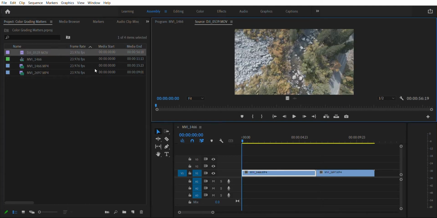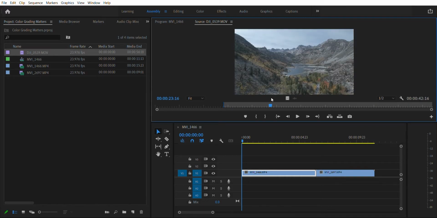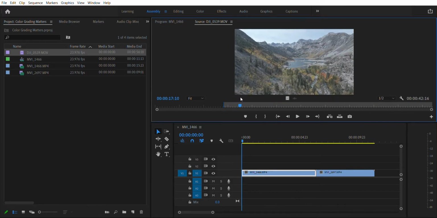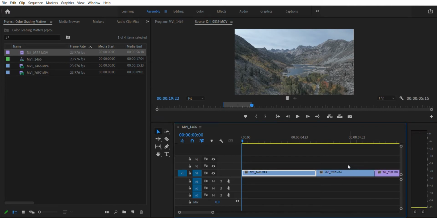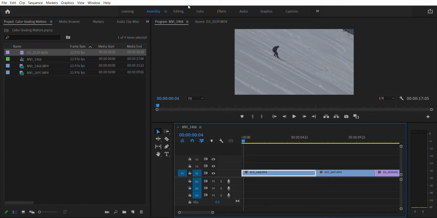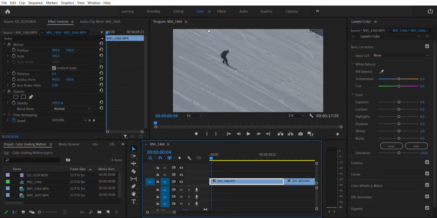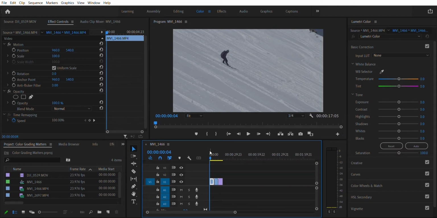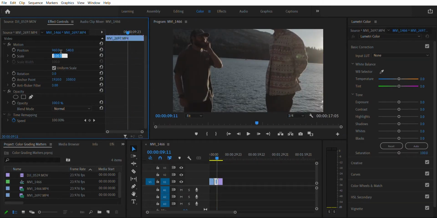All right, so color grading something like this is going to be crucial. All right, so we'll see the difference. For this very first clip, we'll go to editing. Actually, let's just go to color directly. And the easiest way for you to color grade a group of clips is you basically take